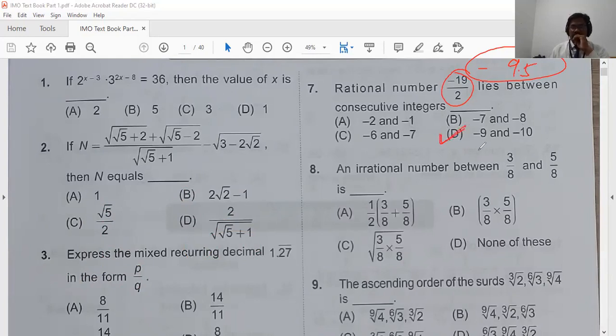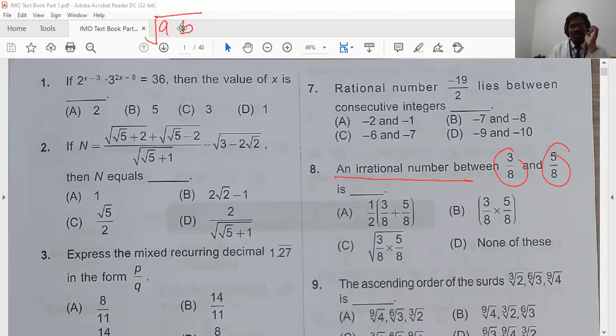It's very easy. And question number 8, an irrational number between these. I told you maybe in the class or not: if A and B are two irrational numbers, then between both of them, the number root AB is your irrational number. This is the correct option. If A and B are two irrational numbers, the irrational number between any two of the given numbers will be root AB. ठीक है, और अगर A और B आपकी दो रेशनल है तो आप उनके बीच में इरेशनल आप इस प्रकार से निकाल सकते हो.